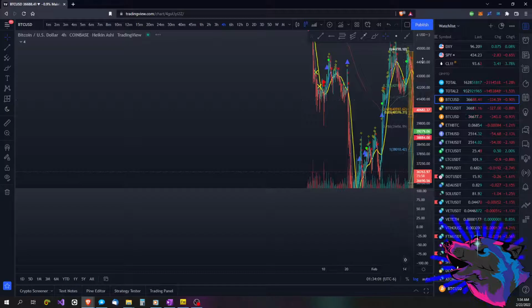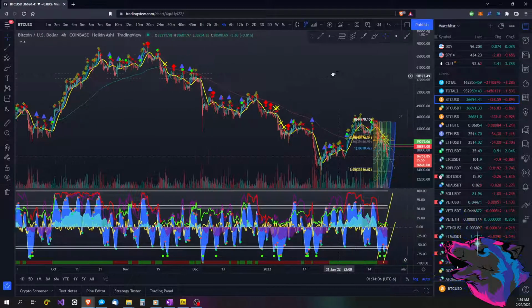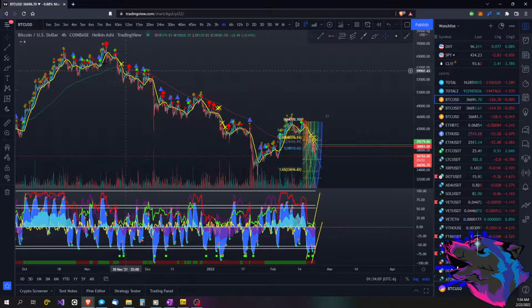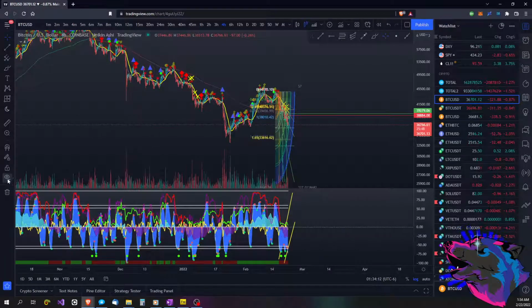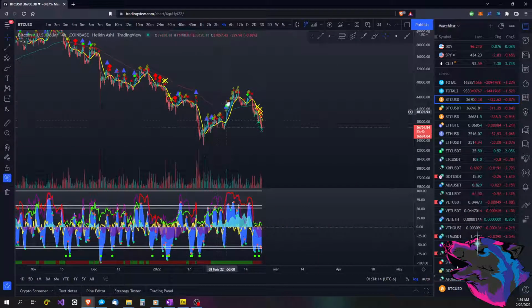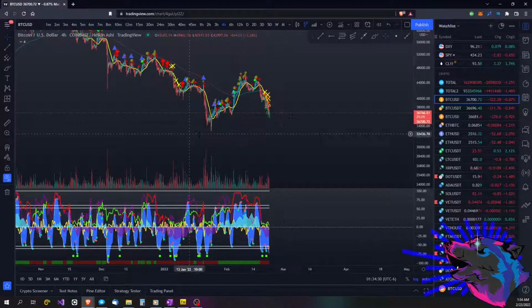Come back out here on the 4-hour just to show you what I'm talking about. Obviously we're in this big downtrend here. Barely anything of a reversal, not even a double top, just a lower high and then back to the downside. The key thing we're looking for right here is we want to be above this low, because if we break this low right here, honestly, I'm thinking 28,